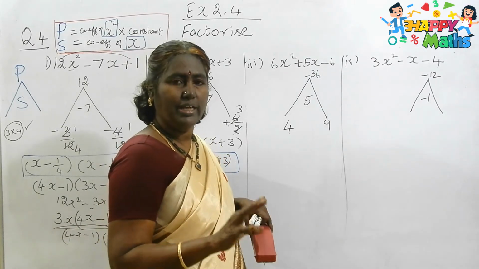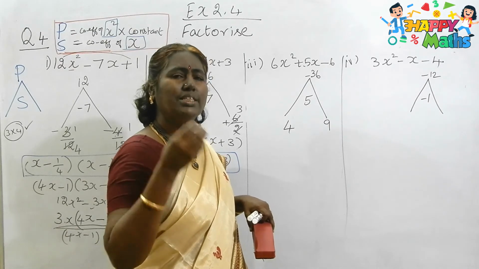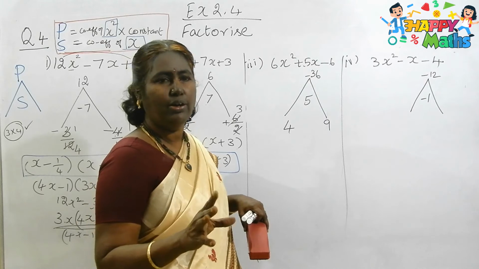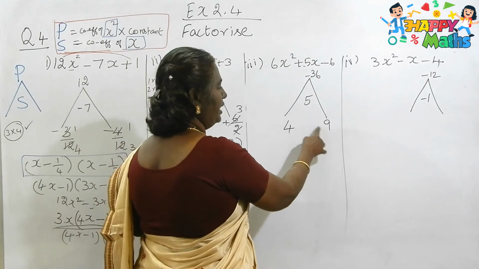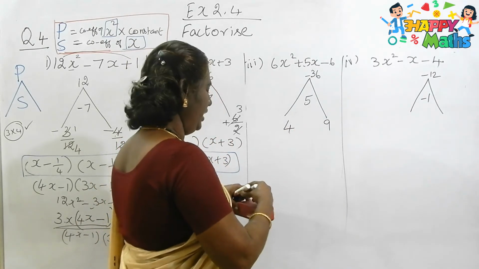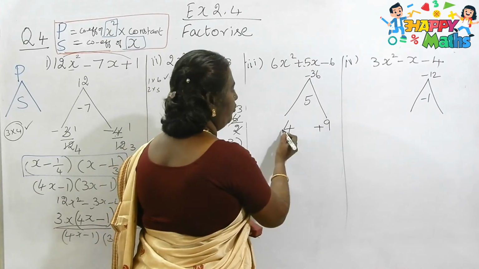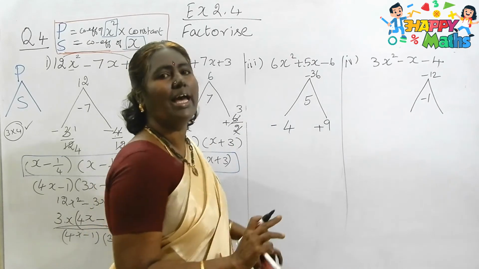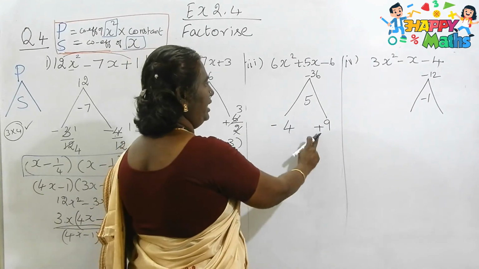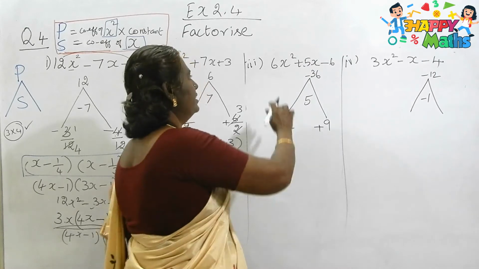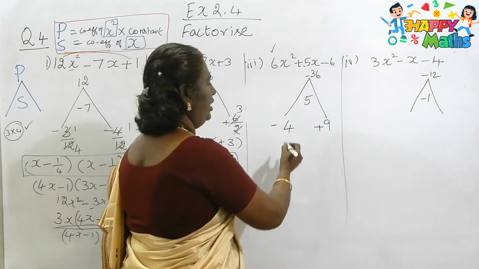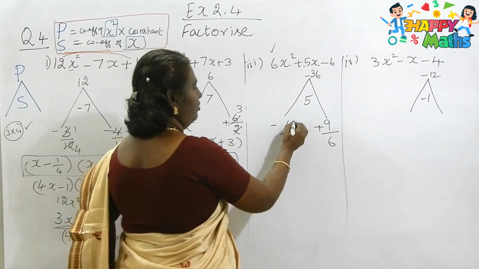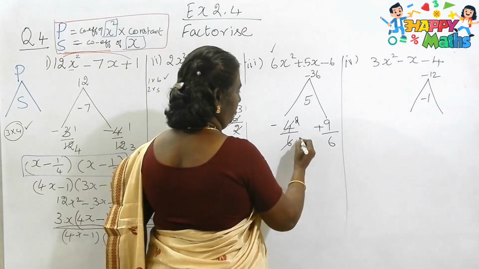Yes or no? Have you watched my integer video? Just please go through that video. That will be very beneficial for you children. Okay, so when I subtract 9 minus 4, then 9 must be plus sign. My 4 must be minus sign. Then only I will be getting plus 5 as my answer. When I multiply, minus 36. This is other than 1, so I have to divide by 6. So I am dividing by 6. What will be the answer now? This is 2 by 3.